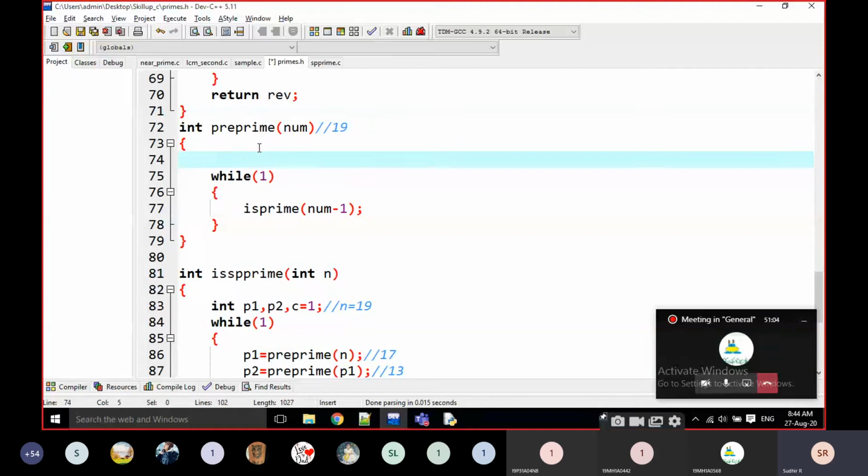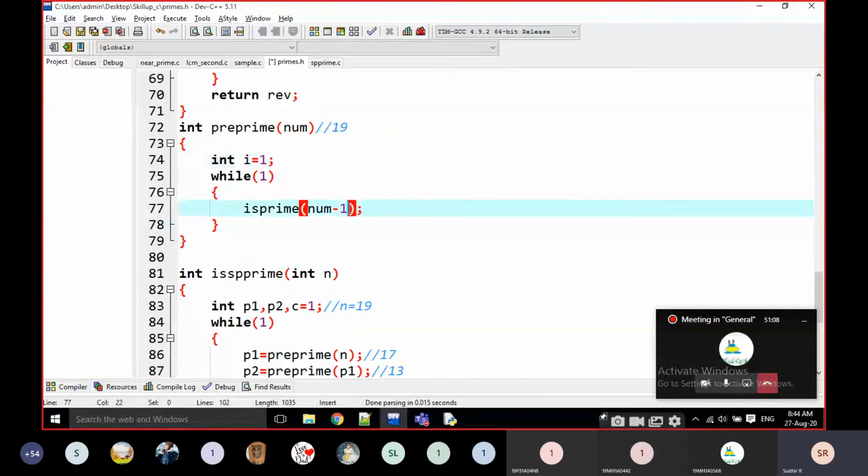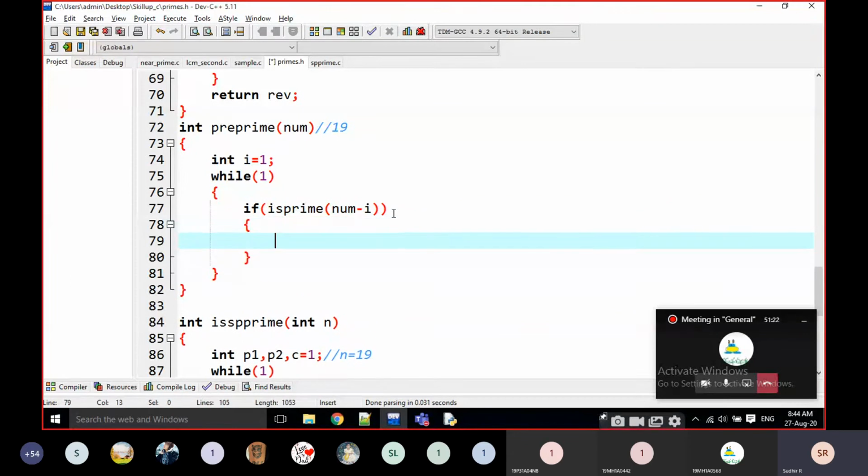I am going to write here int i is equal to 1. Then in the if condition, I check is prime of num minus i. Num minus 1 means 19 minus 1, which is 18.